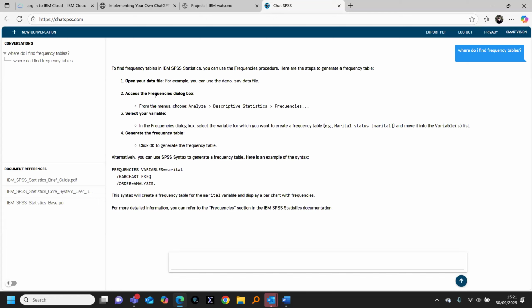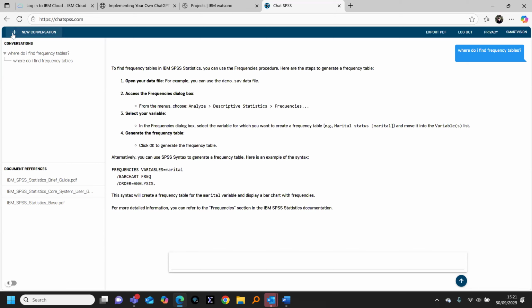This is where you can find it under analyze, descriptive statistics. It's even giving me a little bit of syntax there as an example. It's also showing me which documents it's retrieved from. I can actually switch it to dark mode or light mode.